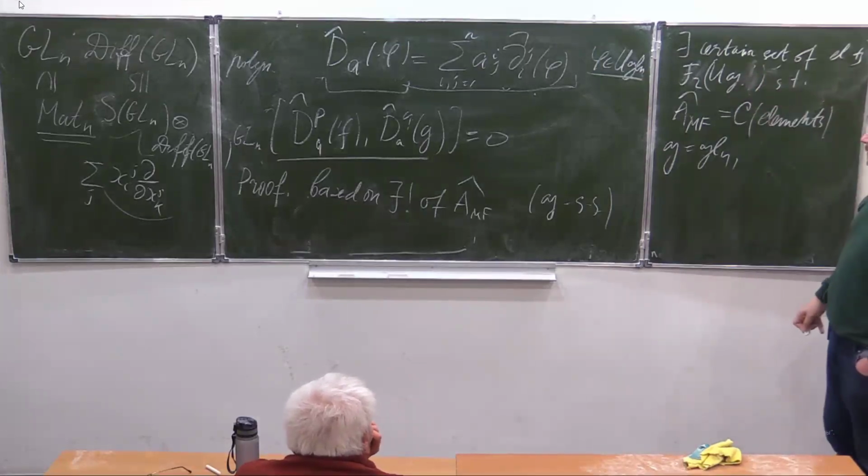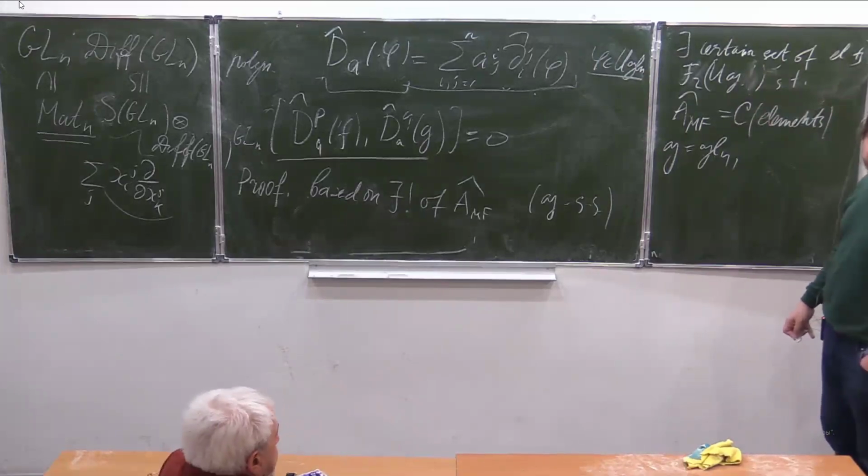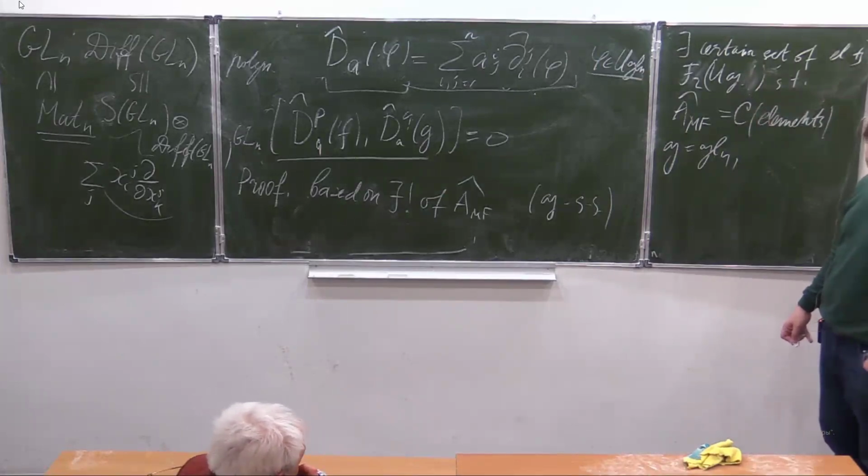And what is F2 again? It's the second degree. That's the second filtration. That's the elements in the universal enveloping algebra generated by products of no more than two elements in g.